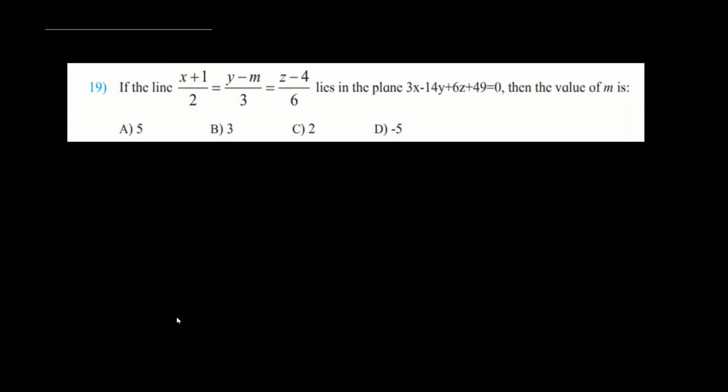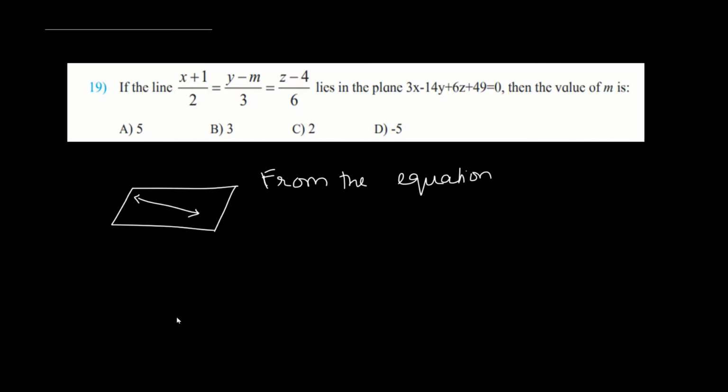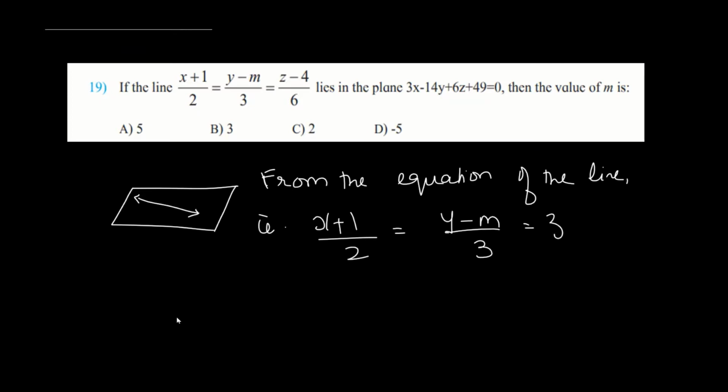Now the given line is lying in the plane. So if this is the plane, we have the line lying inside the plane. Now from the line, the Cartesian equation of the line is given there. So from the equation of the line, that is (x plus 1)/2 is equal to (y minus m)/3 is equal to (z minus